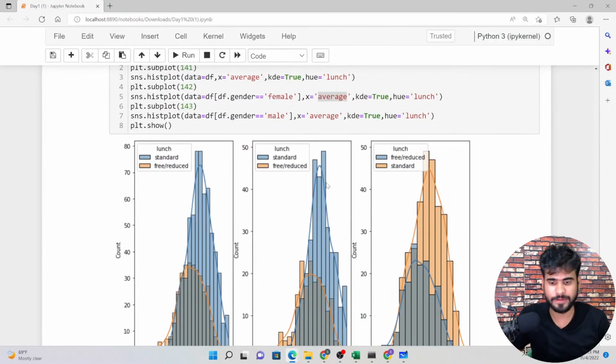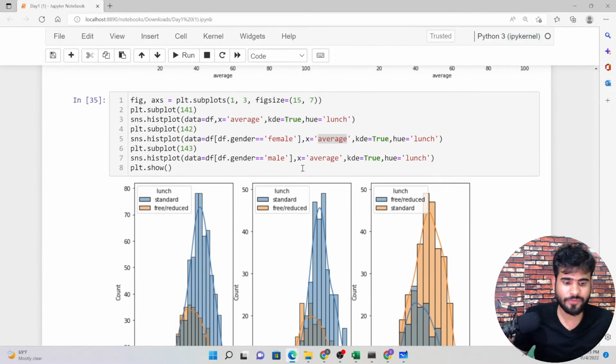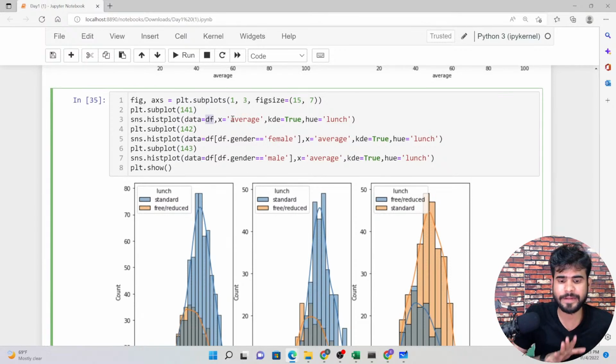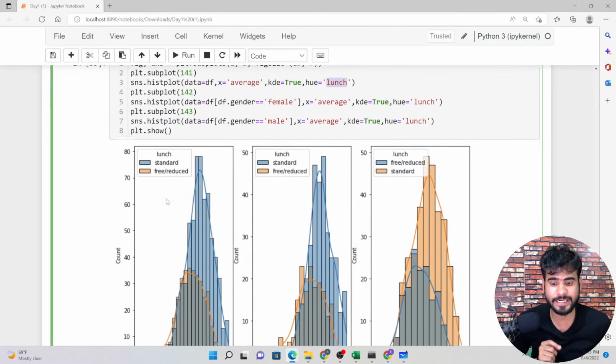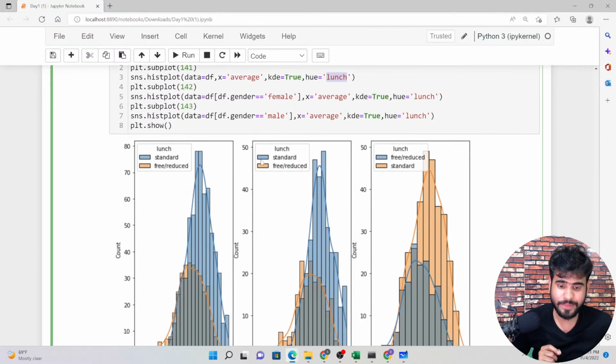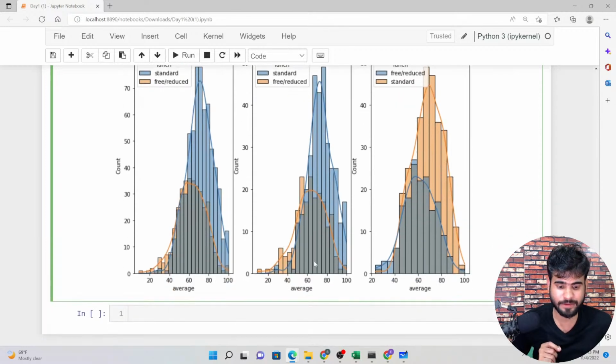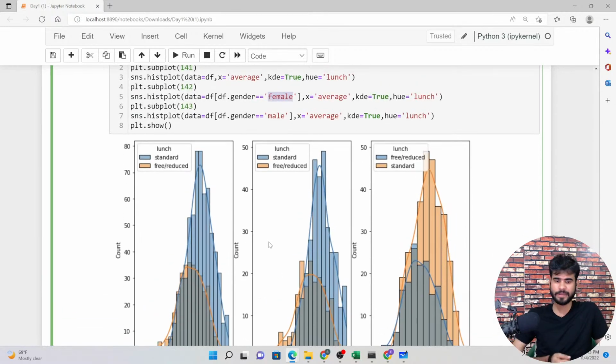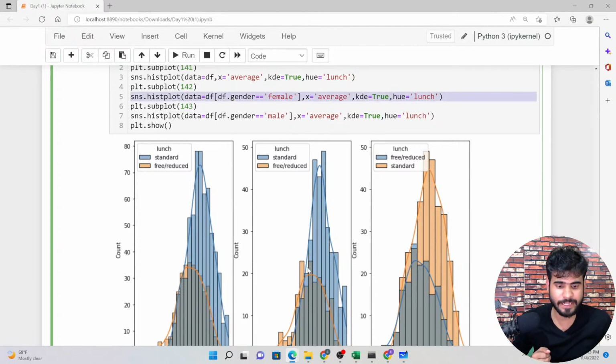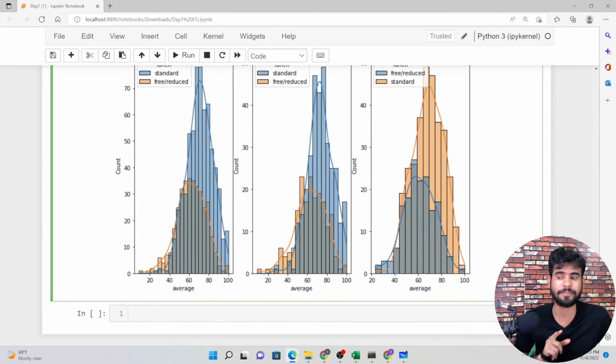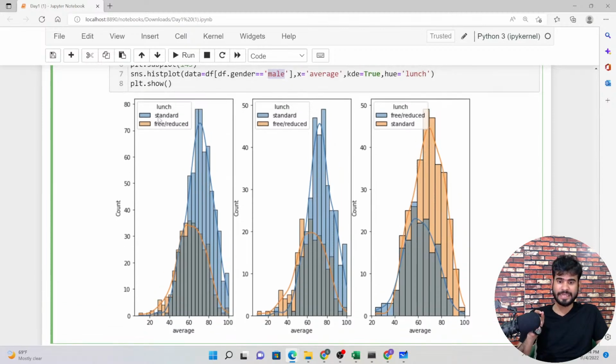What I am doing here, as you can see, in the first graph I am taking the average only, and the hue that I am taking is standard and free. Again, second is for the gender male, this is the 4. So everywhere we have average. The second graph is for the female gender, and the third graph is for the male. So what insights are we getting from here? As you can see, the standard lunch, just focus on the color, guys. So standard lunch,